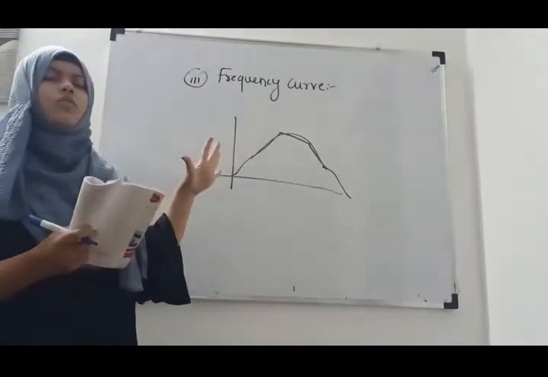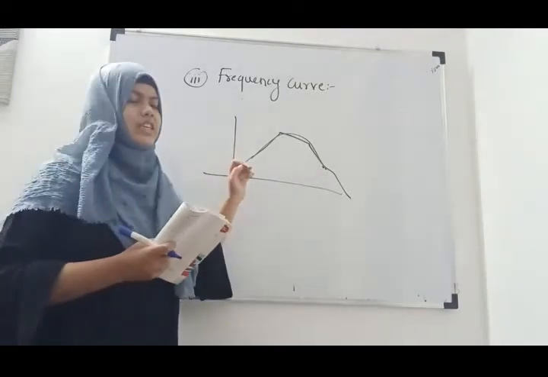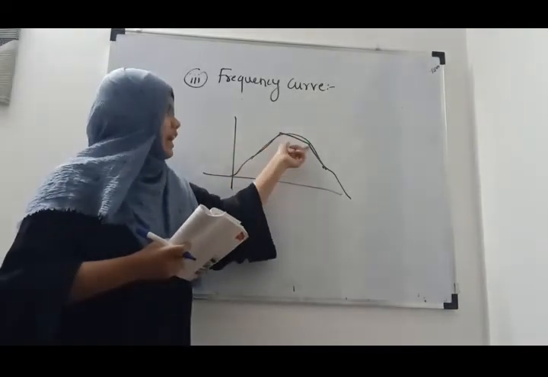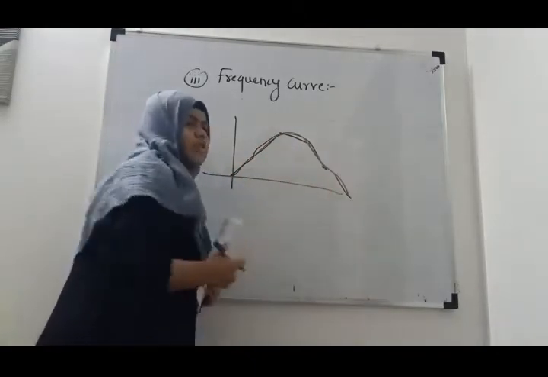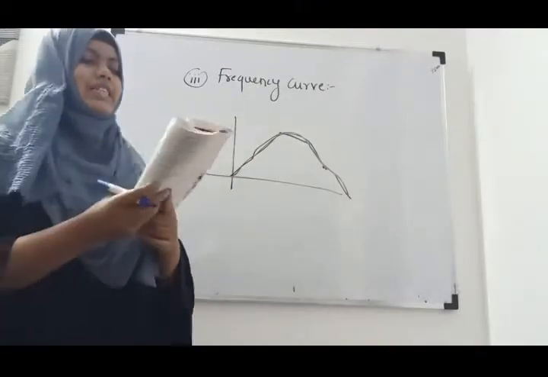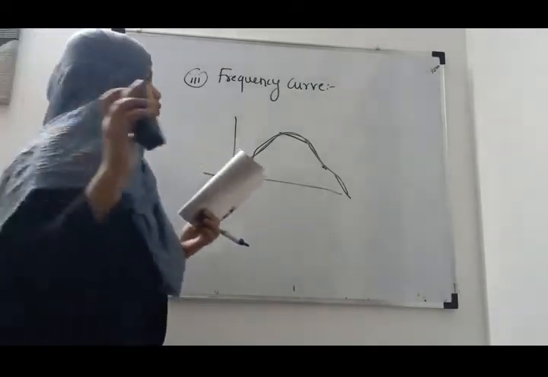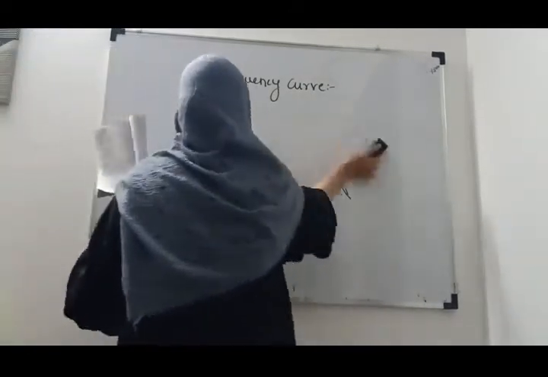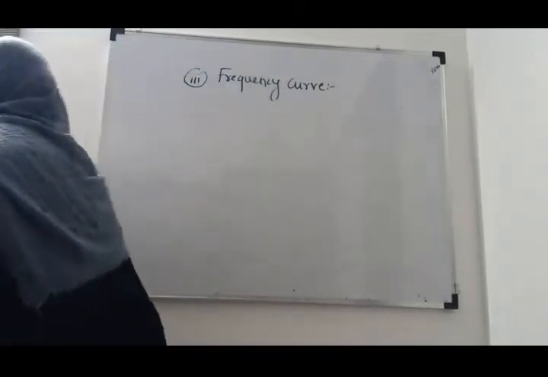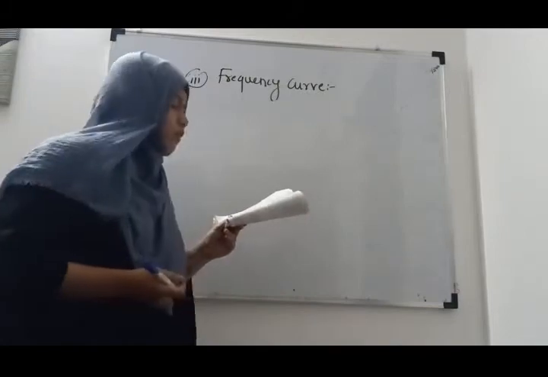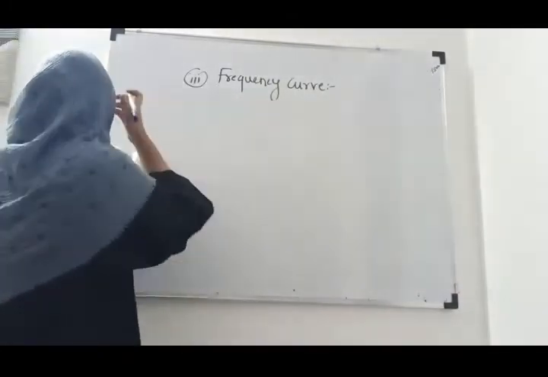So the method to draw a frequency polygon and a frequency curve is the same, only the difference is that instead of taking line segments, you have to join these points by a smooth curve. Okay, so we'll take an example of a frequency curve and then we will see the next type of graph, that is the cumulative frequency curve. So same example we will take, which we have taken in the last class for the frequency polygon. Draw the frequency polygon and the frequency curve for the following data.